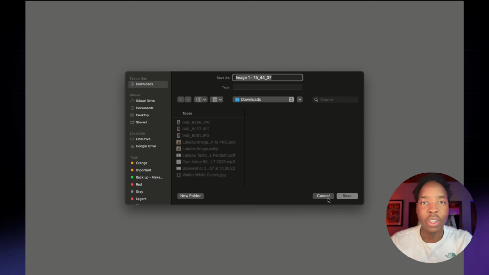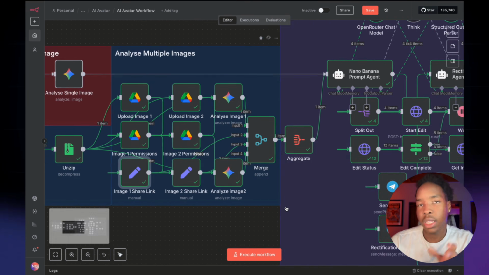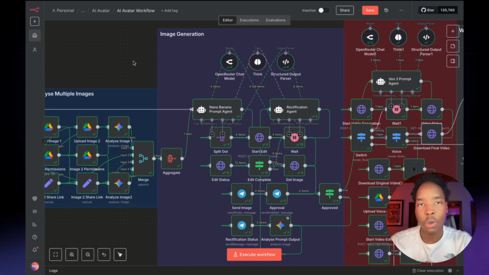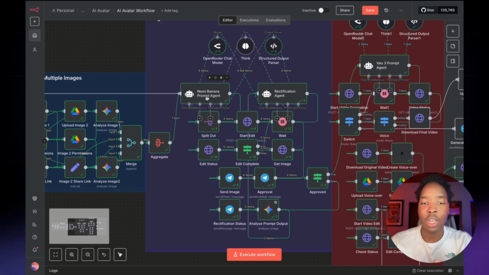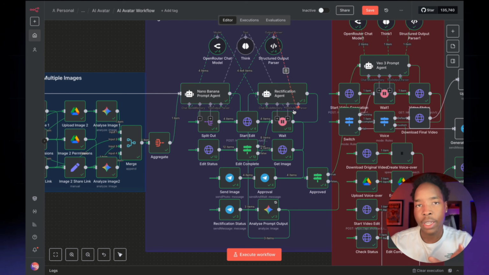I'm not going to download it because I've already got the image, but you get the idea. So that's why we upload it, and then we're just analyzing the images like I've covered. So here's the next part of the automation, which is very important. It's the Nano Banana prompt agent along with the rectification agent, and they work together to produce the images that